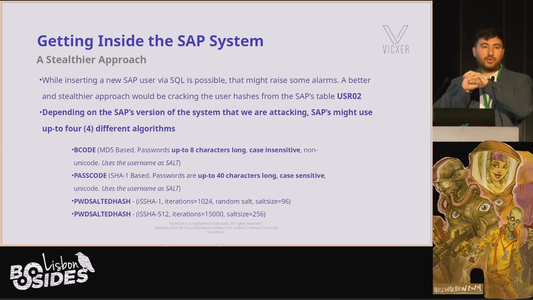How does it work? You get the password, you hash it once, and then you apply 1,023 more hashings. You do that to make the hash more expensive. The more expensive it is to generate, the longer it will take for an attacker to crack it.